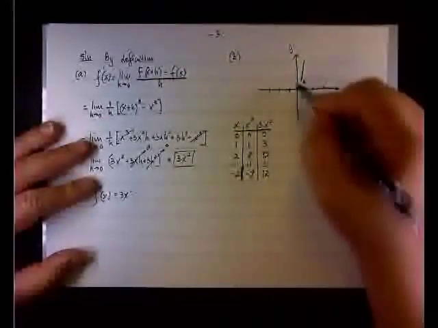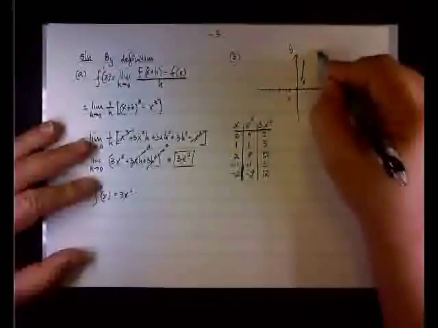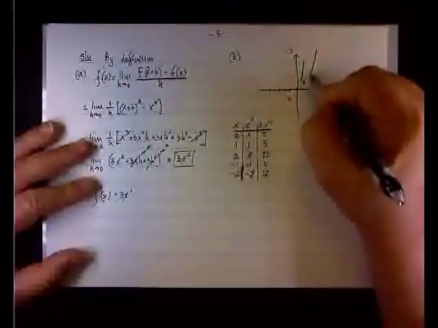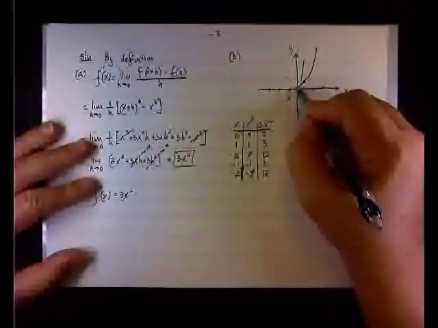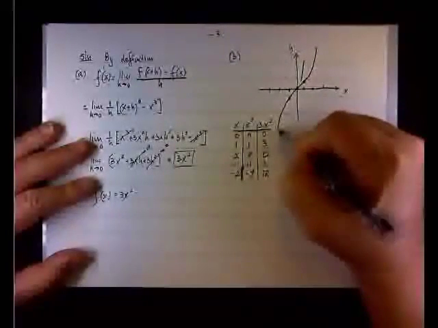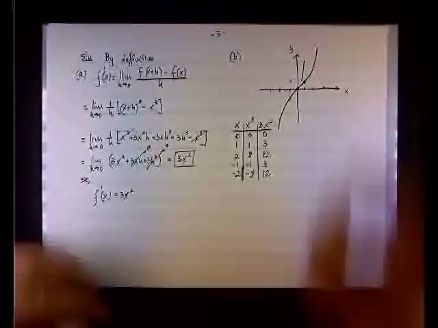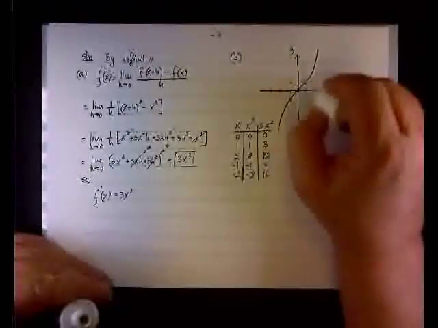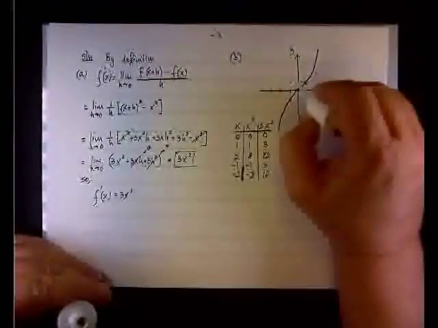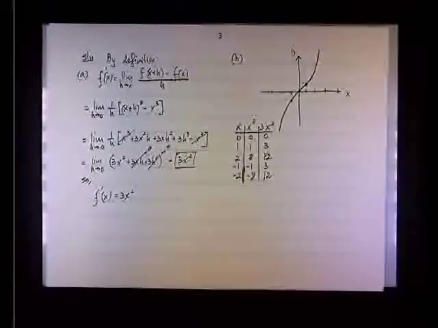And for negative 1 we have negative 1. And for 2 we have 8. And for negative 2 we have negative 8, like so. So this is x cubed,